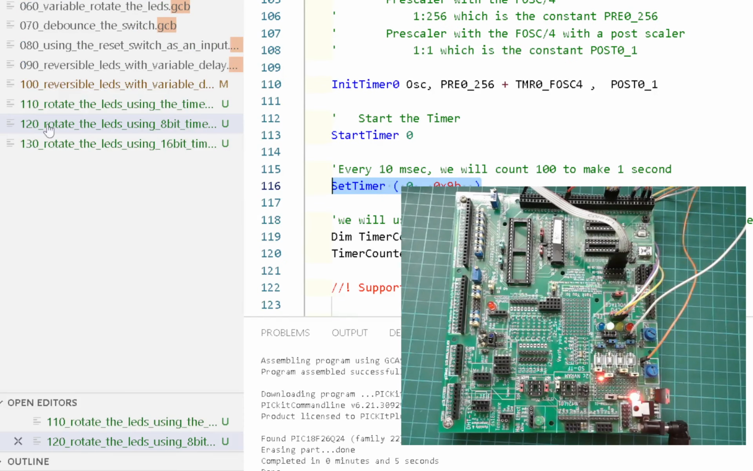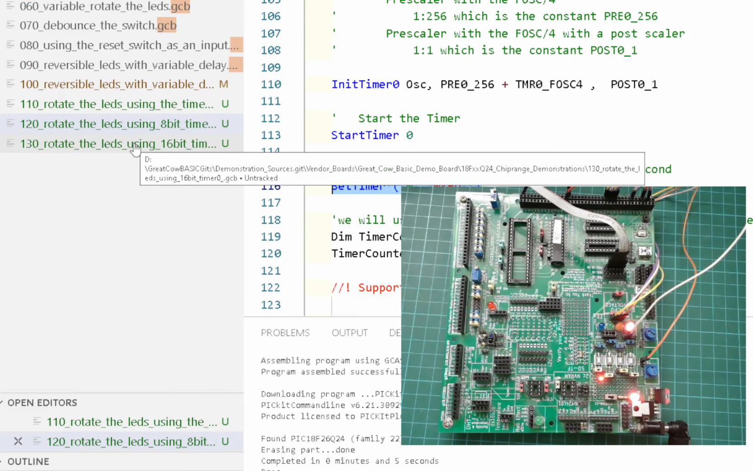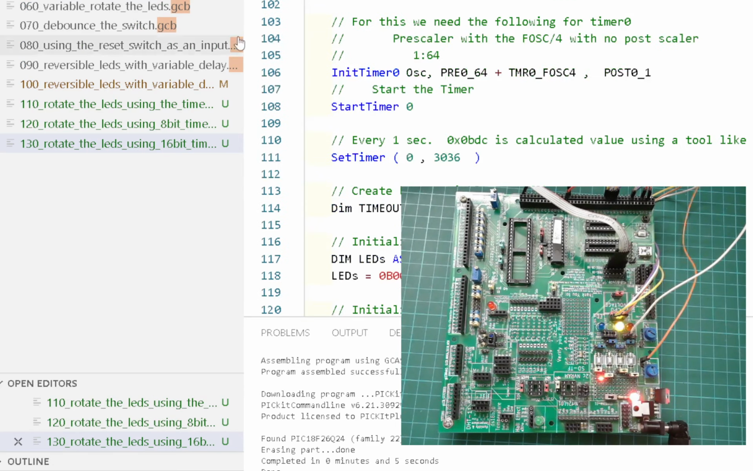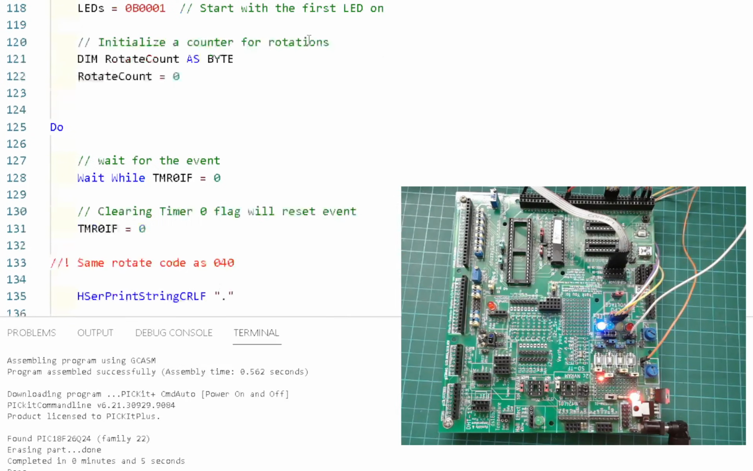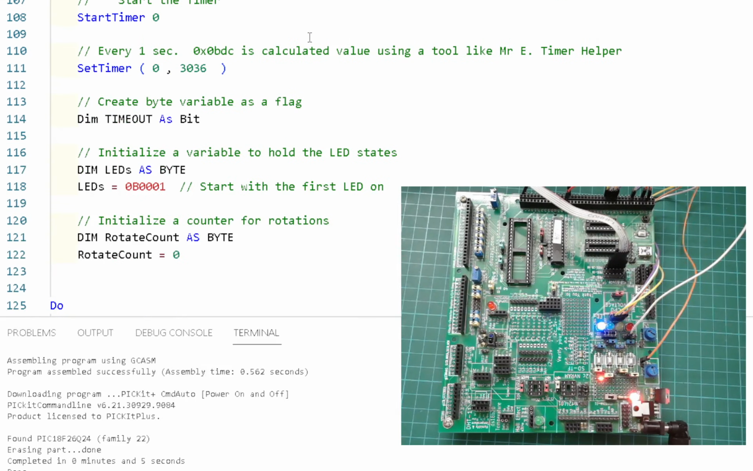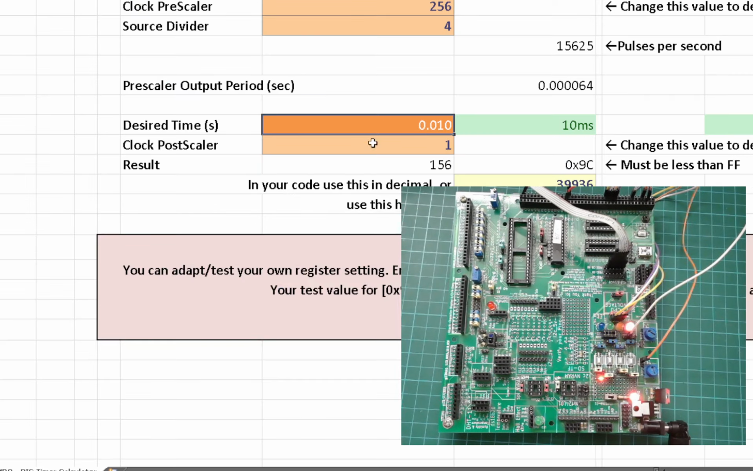Control B. Rotate it using a 16-bit timer. Let's look at how that works. Same header. I'm not even going to discuss it now. How do I set this up? 16-bit timer. Well, if it's a 16-bit timer, we can use other calculators, and we need a value of 3036. In actual fact, we got that from the calculator as well. If we look in the spreadsheet, look,